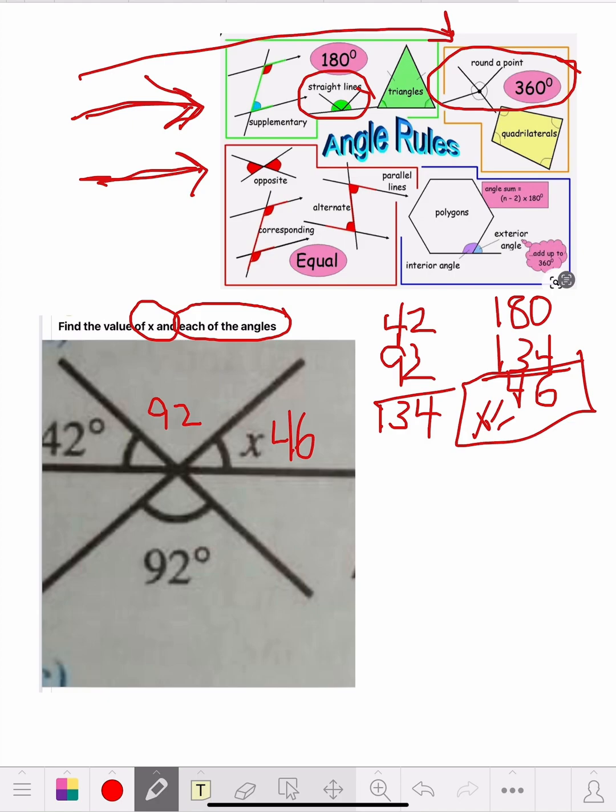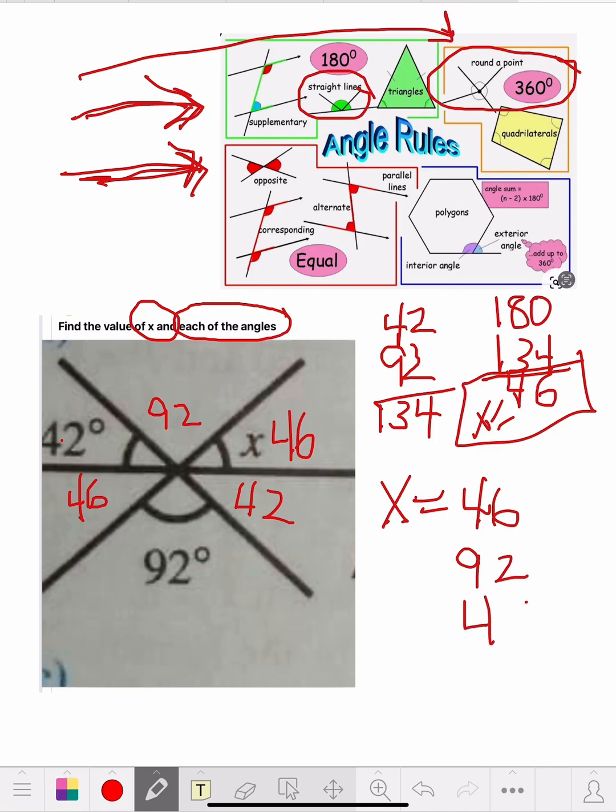I don't have to write any more. Now, if that's 46, that tells me this is 46. On the alternate angle, the opposite angle was right here. Now, if this is 42, this is 42. Hey, I just solved the whole thing. So the missing angles: let's write the whole thing down. x equals 46, then we got this one is going to be 92,